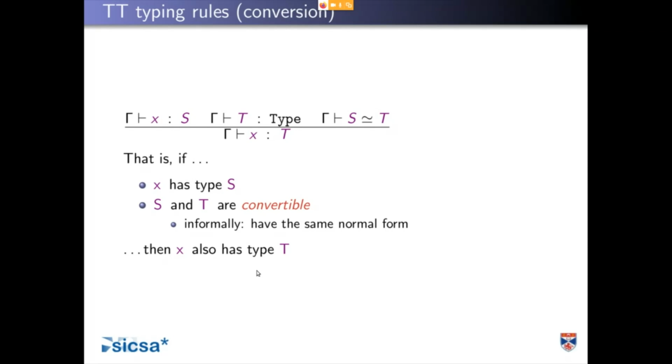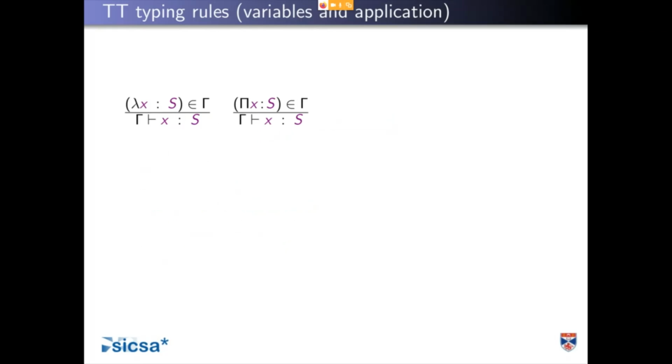So that's a useful thing to have because it means writing down the other typing rules is shorter, because we can just assume that conversion happens where it needs to. When it comes to implementing it, we're going to have to actually do this conversion check. But when we're writing down the rules, it's nice just to get a picture of what's going on. Right, so move on to